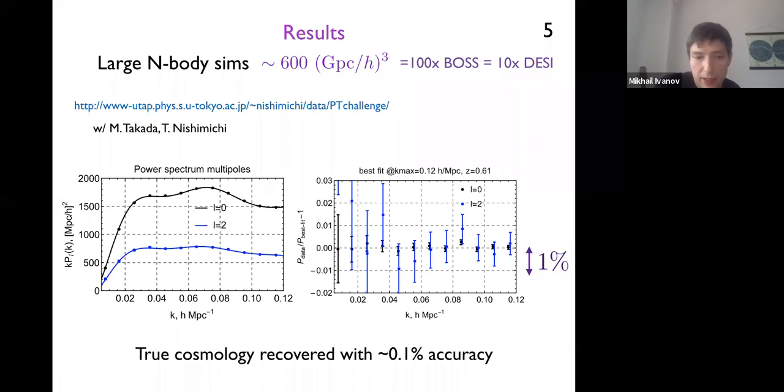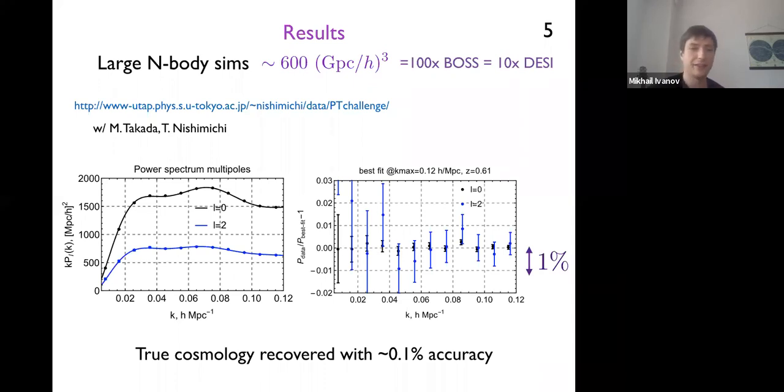And not only is it able to fit, but also the optimal parameters that we get from our analysis, within the error bars corresponding to this huge volume, correspond to the true cosmology. So we're able to recover the true cosmological parameters with 0.1% accuracy from these large simulations.